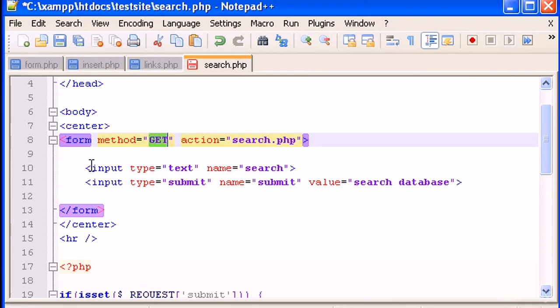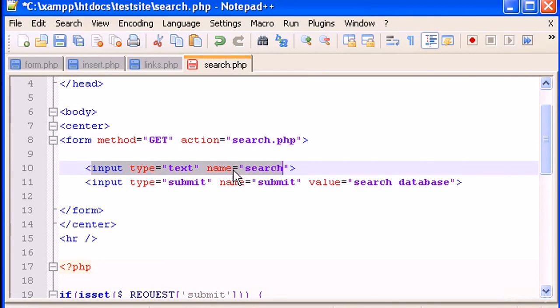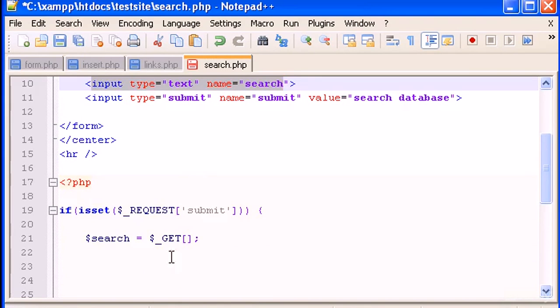So whatever value we type in the input box will be sent by the get method. So let's type here get, and in here we type the name, which is search. So whatever words we type, we get with the search